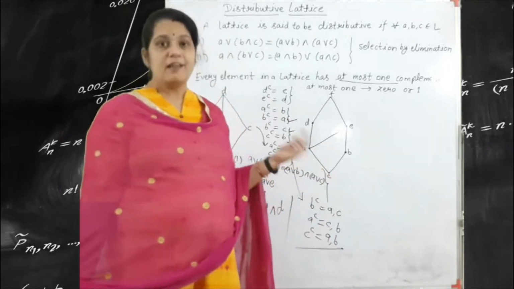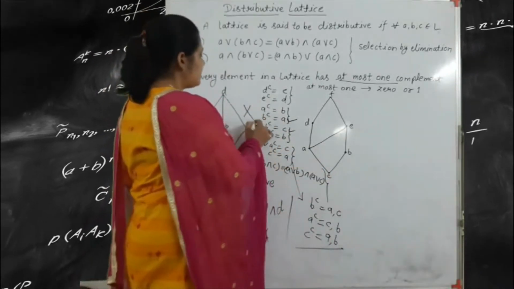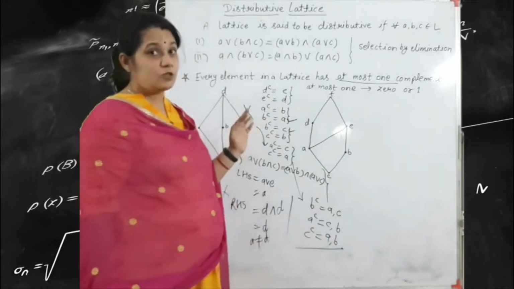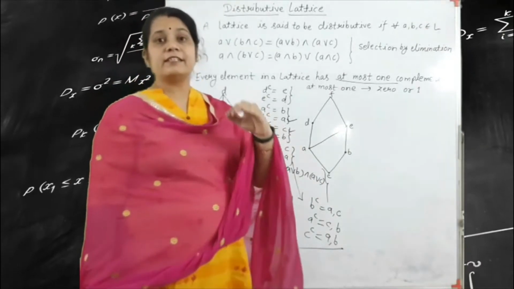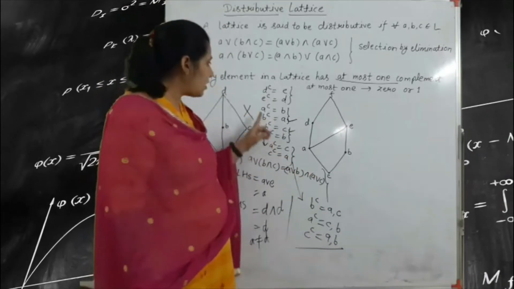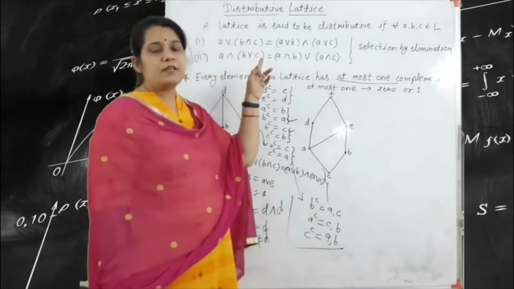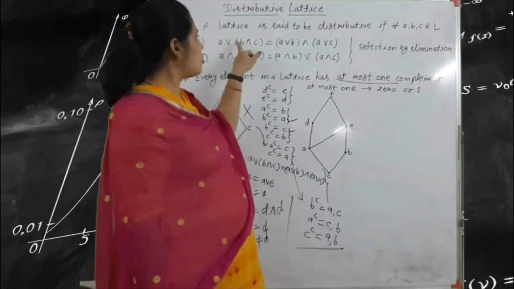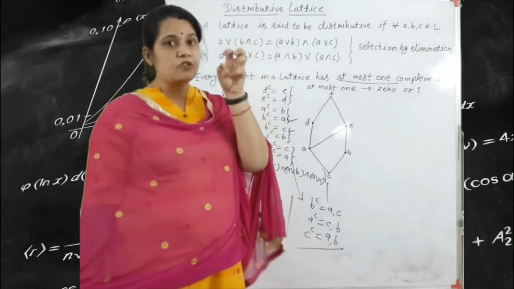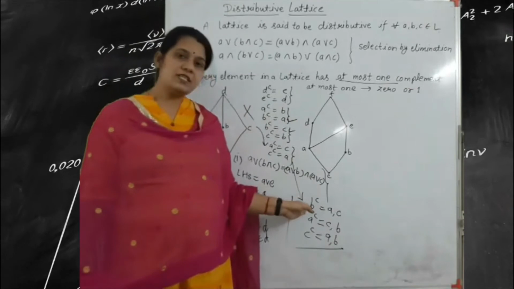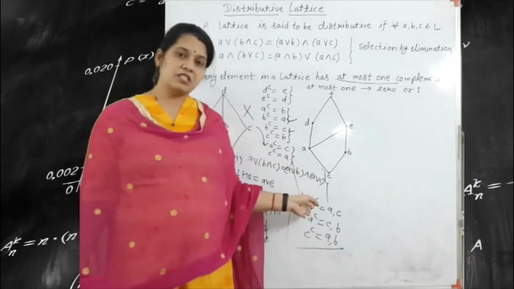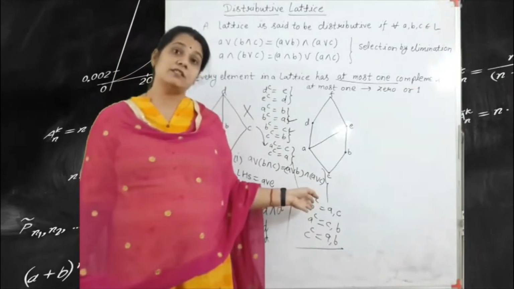If complements are present here, then we can say that this is not a distributive lattice. So I think this process is very easy for finding the distributive lattice, because according to this property we get confused here. If you write the wrong element for the join and meet, then your answer is wrong. So this is a very easy process. Just use the ideas here and find out the distributive lattice.